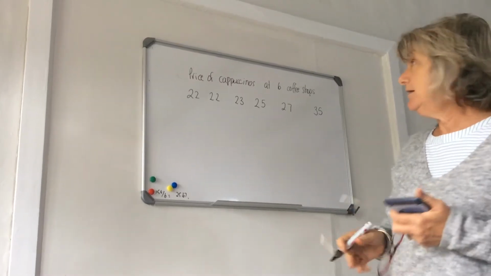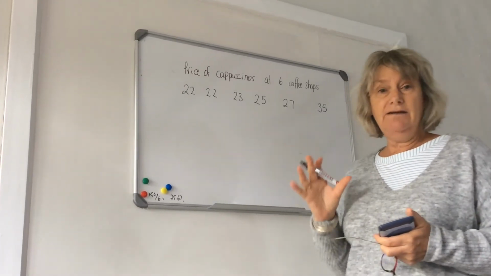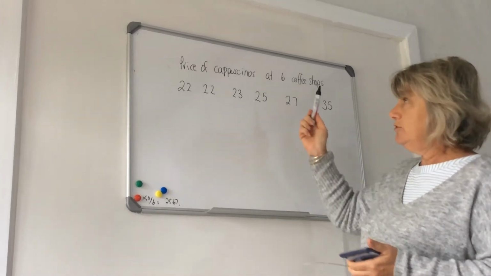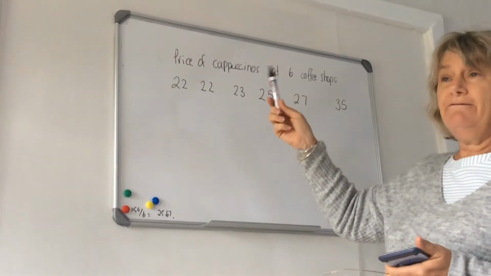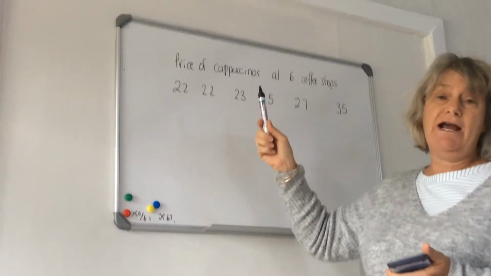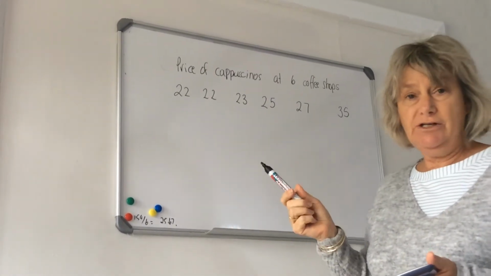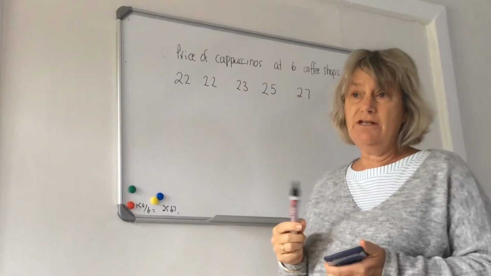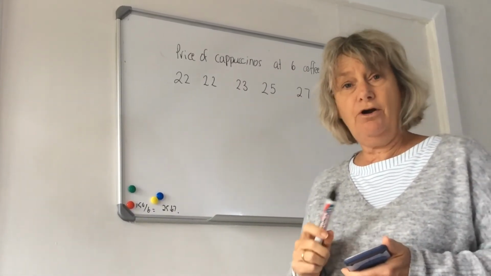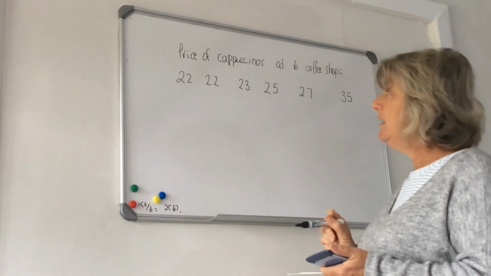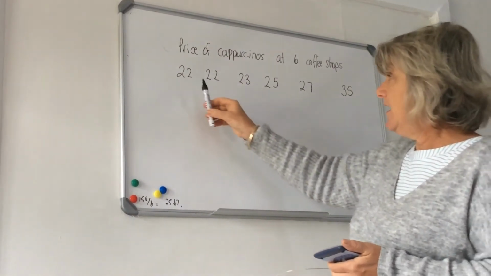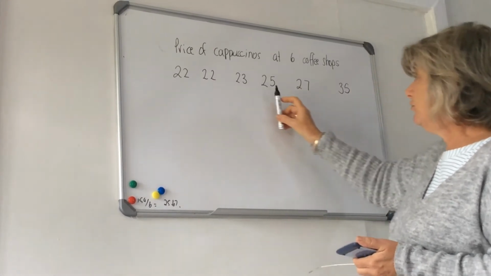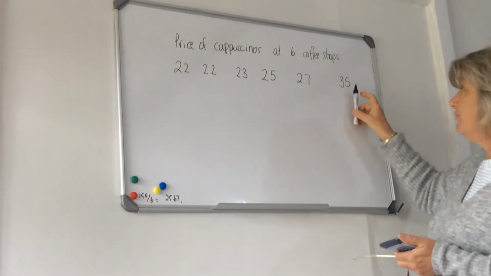Right, in this little clip, I'm going to explain mean, median, and mode and how to find them. I'm going to have a look at an example of finding the average price of cappuccinos at 6 coffee shops. This is very similar to a question that appeared in the final matric exam of last year. The prices that I have made up are 22 Rand, 22 Rand, 23 Rand, 25 Rand, 27 Rand, and 35